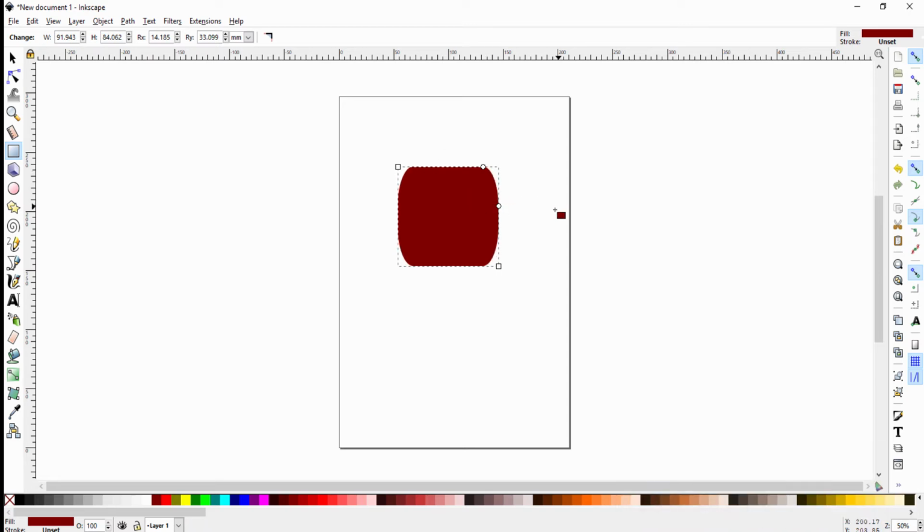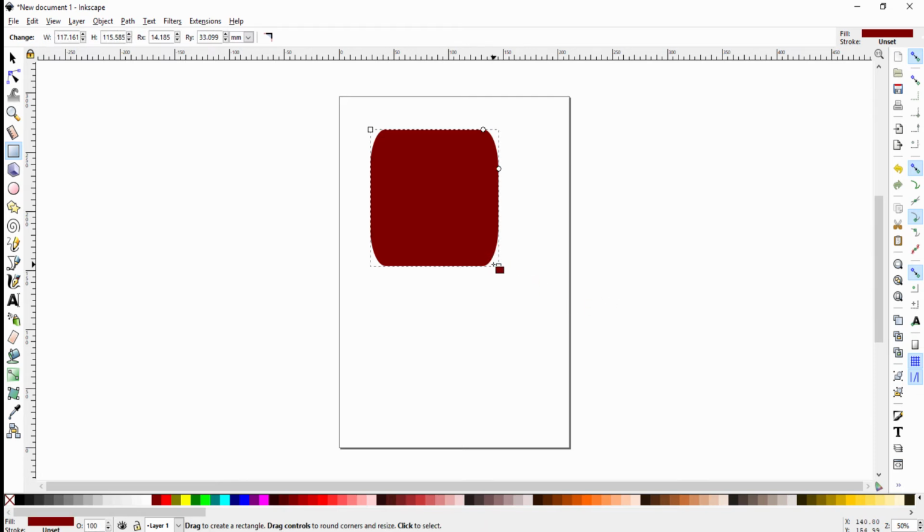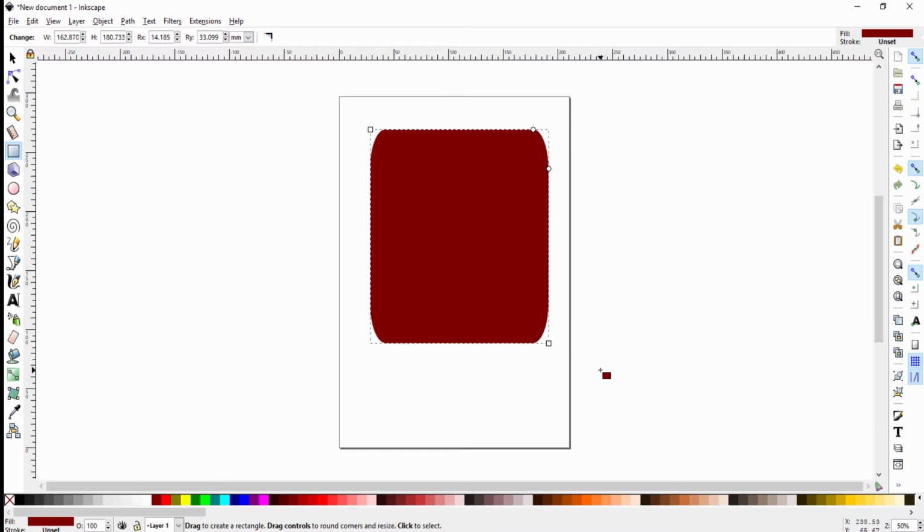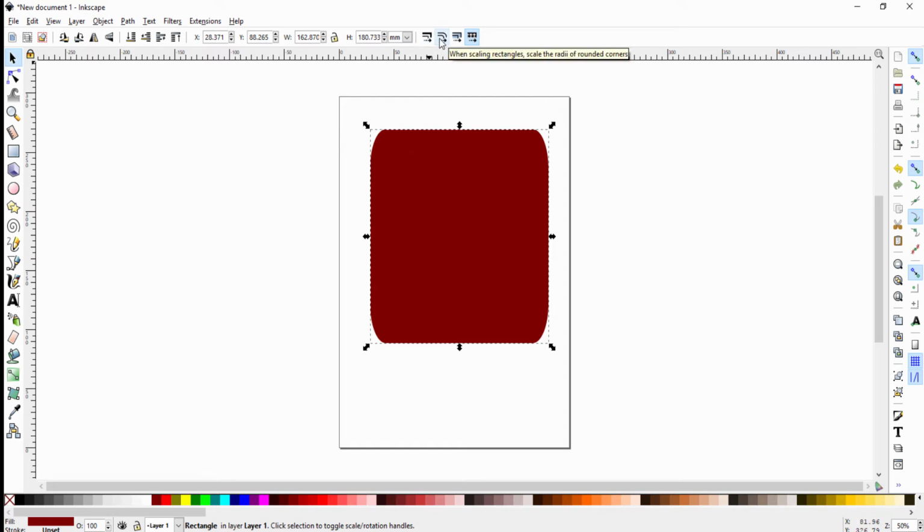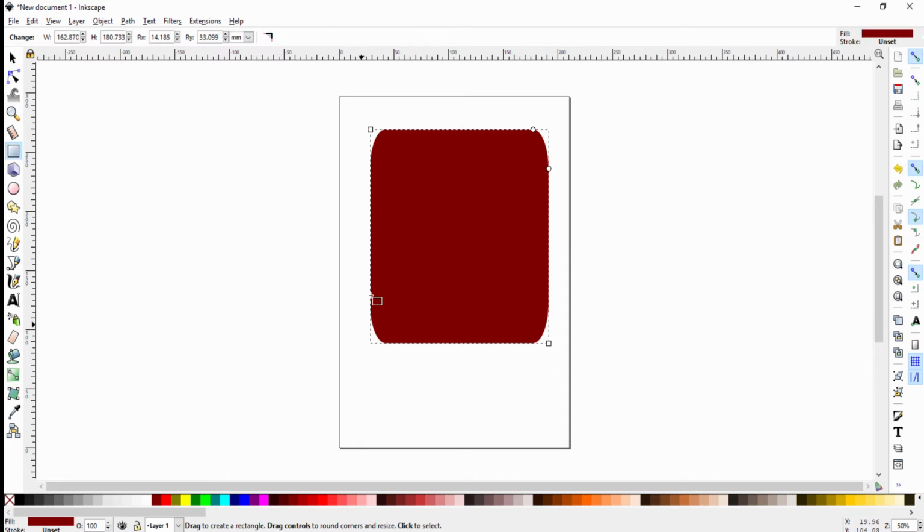One of the curious things about rectangles, especially rounded ones, is that when I resize the rectangle, the corners, I keep doing that, don't I? The corners don't scale proportionally unless, if you go to the selector tool, you have this option here. It says when scaling rectangles, scale the radii of rounded corners. So I had this turned off so the rounded corners weren't being scaled. And if I turn that on and then go back to my rectangle and I resize,